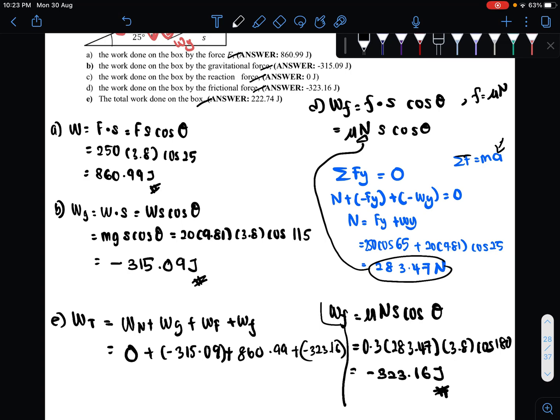Alright, then press your calculator. Negative 315.09 plus 864.99 minus 323.16. So you get your total work done here as 222.74 joule, and you get a positive